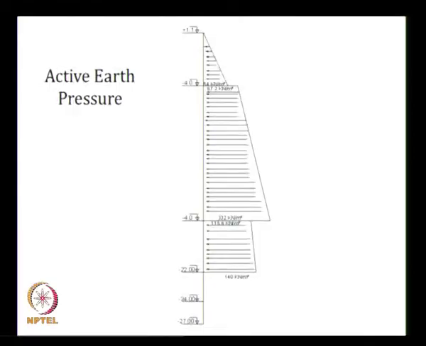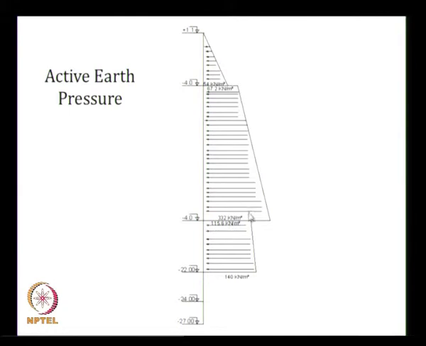So at the same point, though the overburden pressure is the same, if we have a soil property slightly above that is sandy soil and slightly below that is clay soil, at the same point you will have two different pressures. This cannot be explained mathematically, but this is the way we have to do it. Is this point clear to you? At every intersection you will have two different pressures.